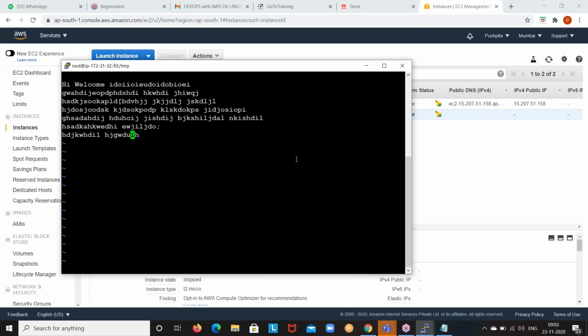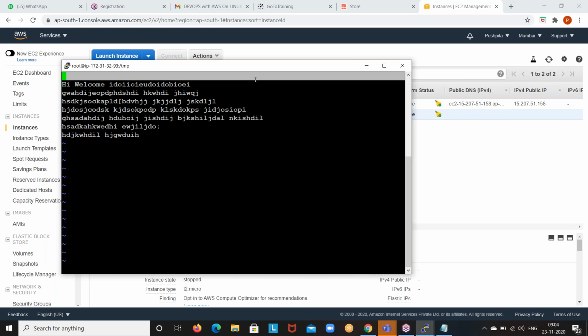First thing is GG. Can you press GG? See guys, GG means shortcut. First line, it will take your cursor to the first line.